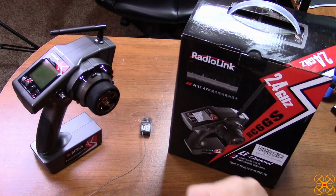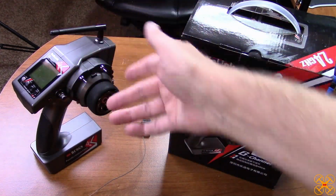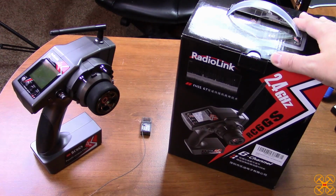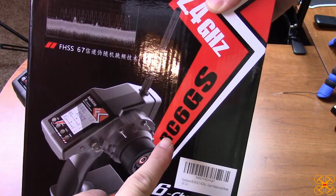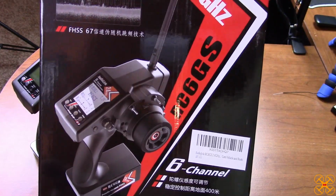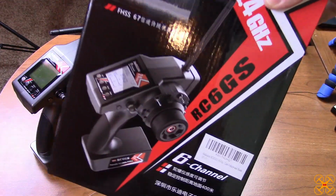Well, today I'm going to be taking a look at a pistol grip style ground, car boat controller by Radiolink. I was sent this recently from Radiolink to take a look at it for review. The model number is RC6GS GC 2.4 gigahertz pistol grip style controller, and really this is a really good controller for the price, because